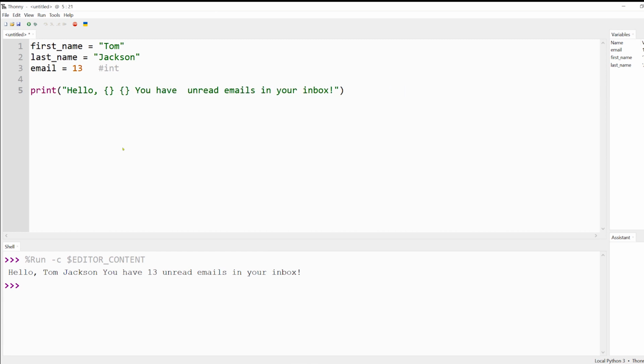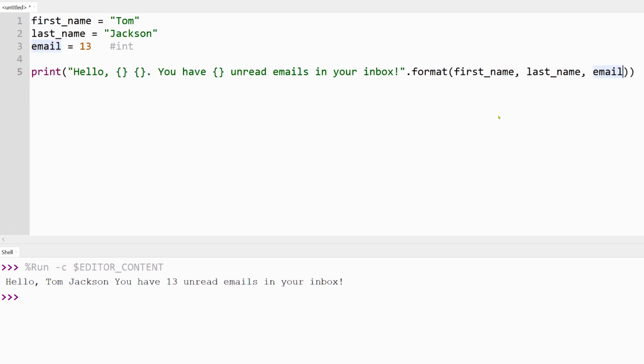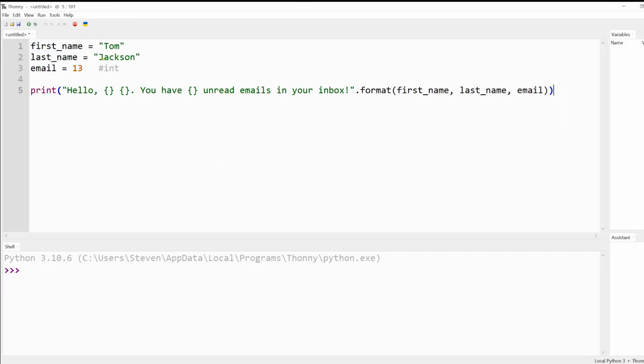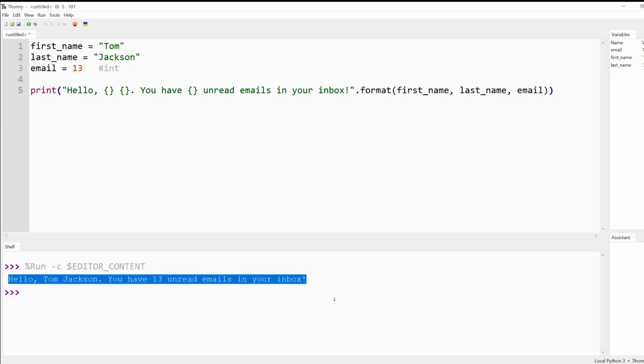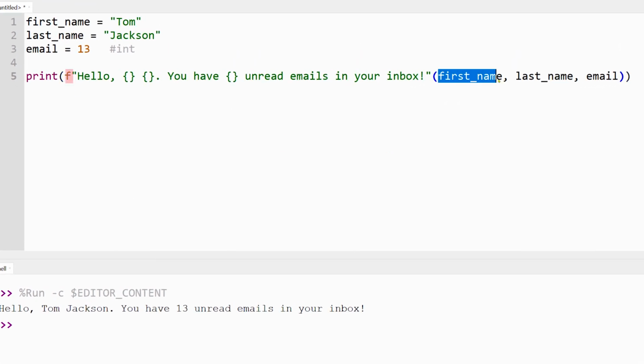We can use the string format command, where our code now becomes this. So this performs a formatting operation on our string. The curly brackets act as placeholders for the variables first name, last name, and email. But since the introduction of Python 3.6, there is in fact a more readable and computationally efficient way to do this. And that's by using formatted string literals, which are better known as f-strings. So f-strings are prefixed with an f just before the opening quotation mark, and the variables are now placed between